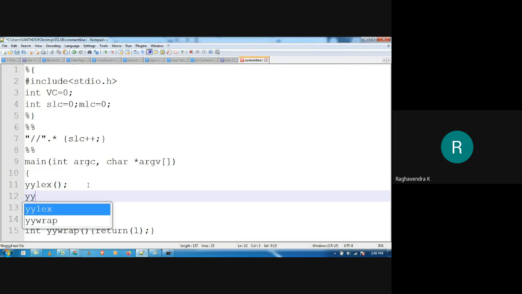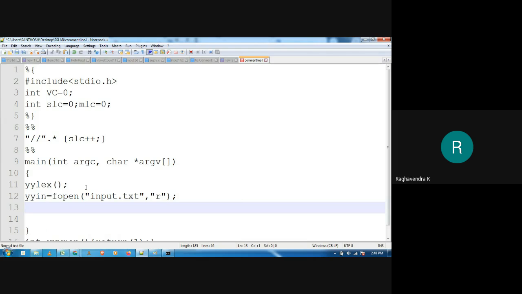So yyin is equal to, I'll just use the fopen function here to open that file input.txt. And which mode are we using? We are using the read mode. So this has to be called before yylex, of course, mistake.